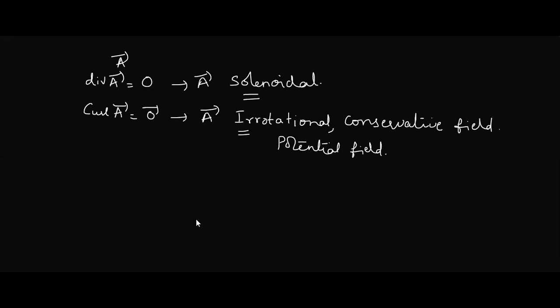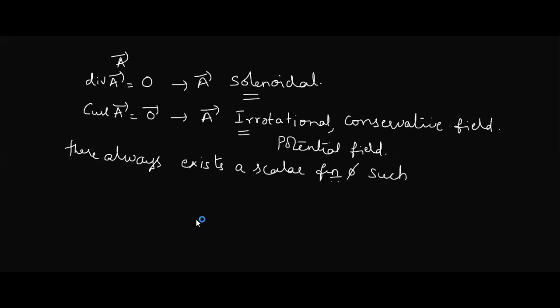Now, when a vector field is irrotational, then we can say there always exists a scalar function phi, such that del phi is exactly equal to the vector field A. Suppose I have taken it as A here, so I'll take it as E. Or suppose a vector field is F here, my definitions are in terms of F, so you will get it as F. This will happen only for irrotational. We cannot say it is always true.